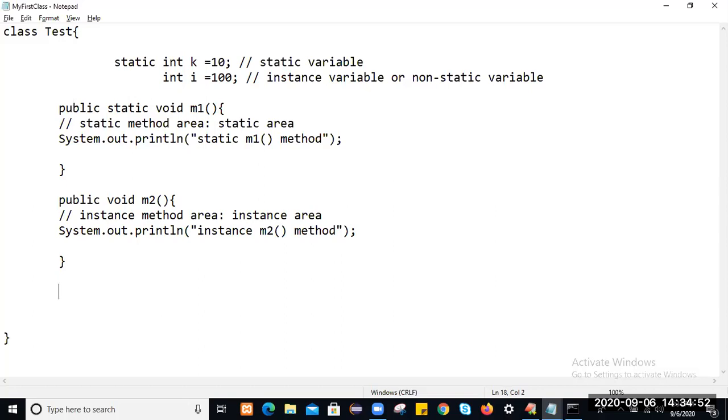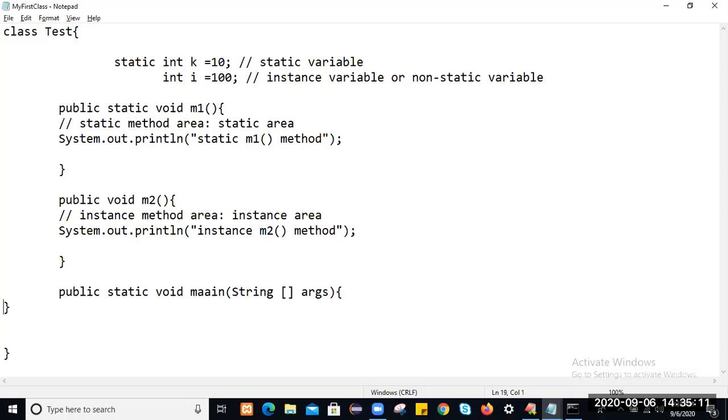And you know, in the previous example we have seen that your execution will always start at the main method, and the main method should always be public static void main, like this. And this is your main method.